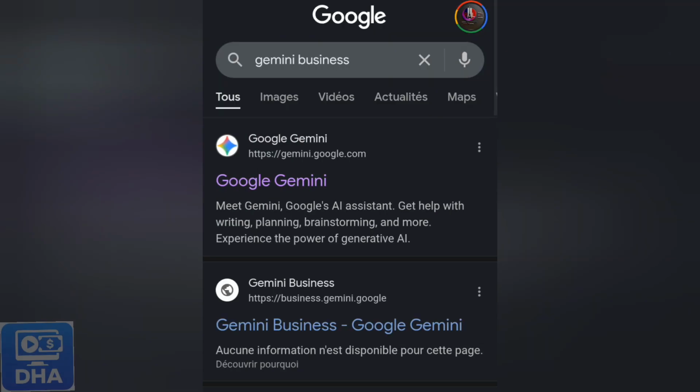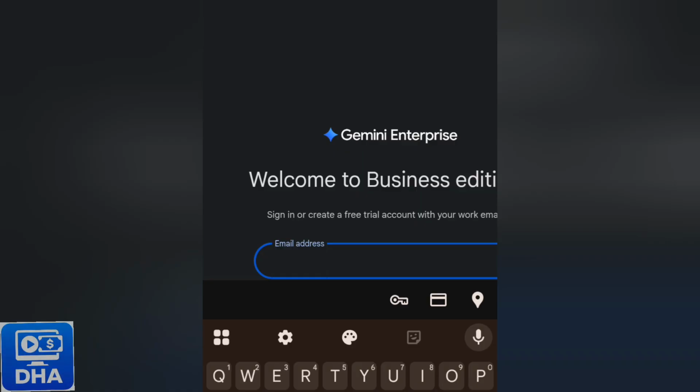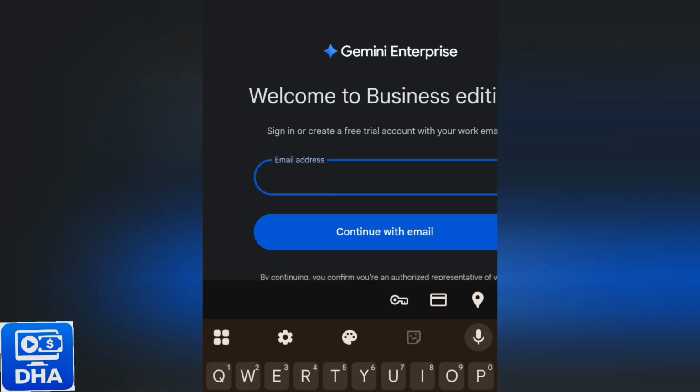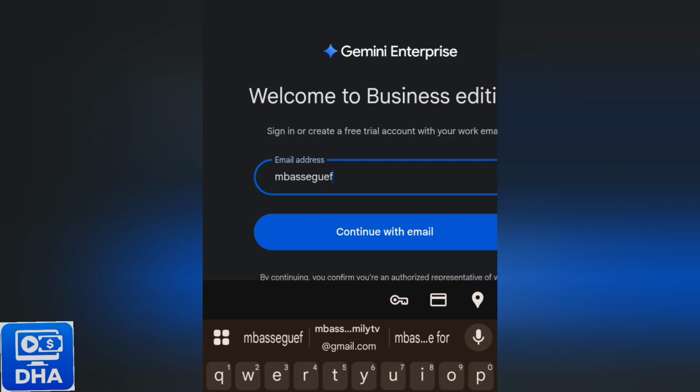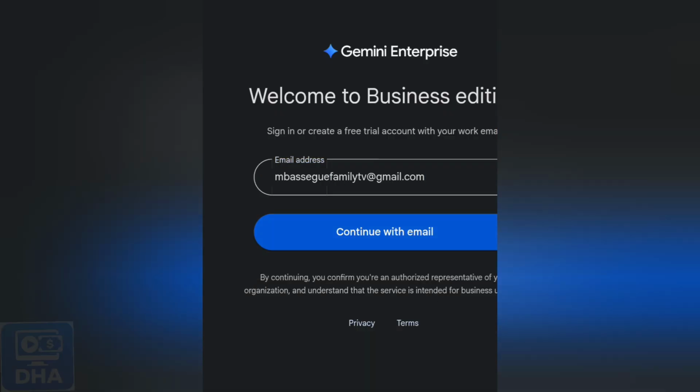First of all, you have to go to Google or Chrome. You type Gemini Business. You will see Google Gemini. You click on the second one, which is Gemini Business. From there, you'll be directed to Gemini Enterprise. It's the same thing as Gemini Business. Then you will type your Gmail account to register. Once you register, you enter directly into the